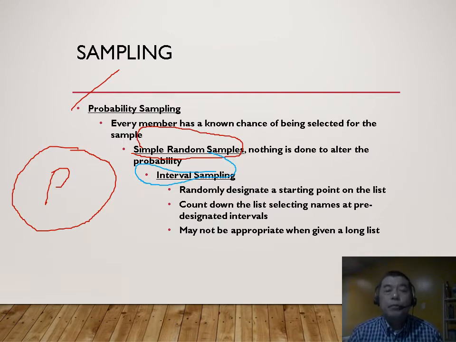So, an example of this interval sampling: for example, I have 50 students and then I will start from the 5th on the list of the students and then I will give an interval of every 3 students. So meaning to say,